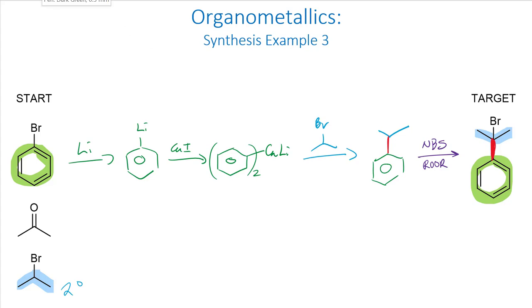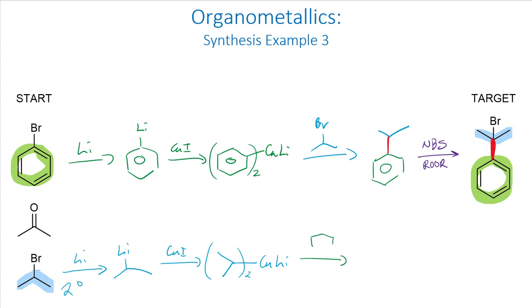Now alternately, we could start with the isopropyl bromide, react it with lithium, and then react that with copper iodide to give us lithium diisopropyl cuprate, which we could then react with our bromobenzene. So all we're doing here is reversing the nucleophile and electrophile roles. That will produce the same isopropylbenzene as we did in the first route,